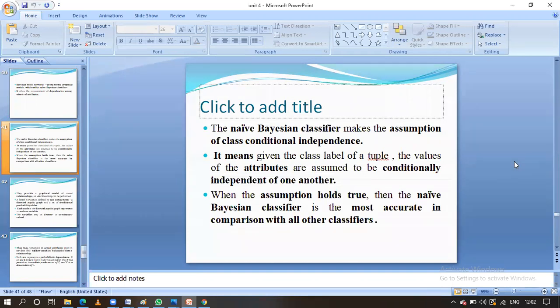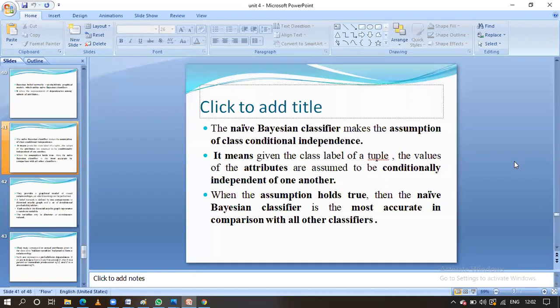ఒకదానికి ఇంకో దానికి వచ్చేప్పటికి ఇటువంటి రిలేషన్షిప్ అనేది ఉండదండి నేవీ బేసియన్ క్లాసిఫైయర్ లో. Okay, with that assumption, guys, the Naive Bayesian classifier is the most accurate compared to all other classifiers. What is that assumption, guys? Here the attributes are conditionally independent of one another. This is used in the Naive Bayesian classifier. With the help of this assumption, the Bayesian classifier is the most accurate in comparison with all other classifiers. Sometimes they ask questions like this, guys, which is the most accurate related to all the classifiers అని కూడా అంటారు.